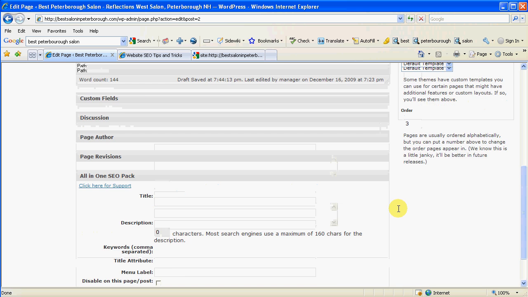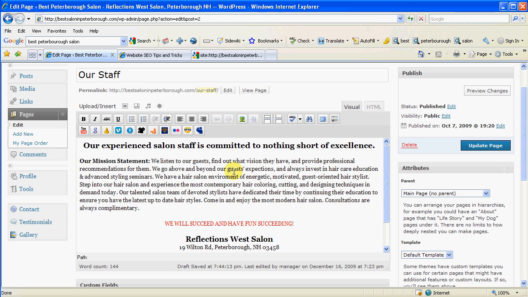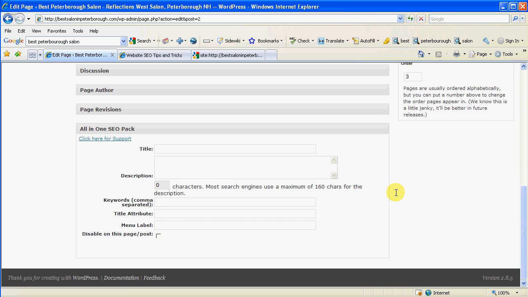The idea of keywords is simply this. What is this page about? Well, it's about our staff. Okay, well guess what? Salon staff. That's a keyword, or it's actually a key phrase. Salon staff. So I'll take that, I'll copy that. I'll go down here into keywords and I'll either type it in or just paste it in, and I'll do salon staff. Then I place a comma after it, and then